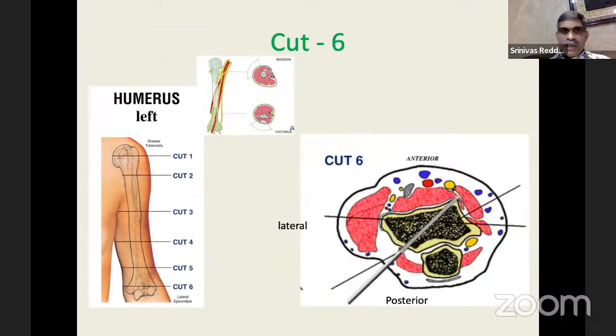And in cut 6, this is the last one which you need to know. This is in the condylar area. This is the medial epicondyle, and this is the lateral epicondyle. This is the olecranon, and here one wire is passed parallel to the joint, from the medial to the lateral aspect, medial epicondyle to the lateral epicondyle, and in